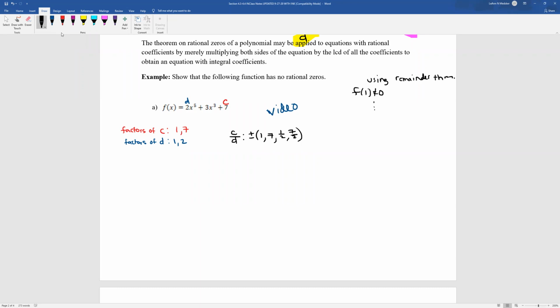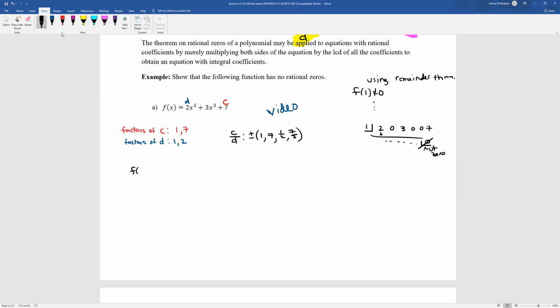You could also do it using synthetic division, making sure you put in 0 placeholders for any missing powers, which there are quite a few. Show that that doesn't ever come out to 0. So there's 2 different methods. Now, we did a lot of synthetic division in class, so I'll show you using the remainder theorem because it'll take up less space to write all of this,